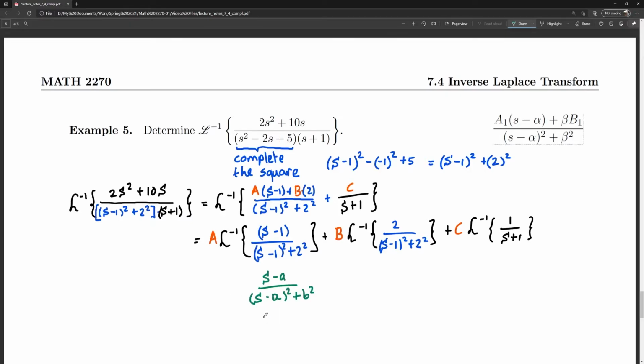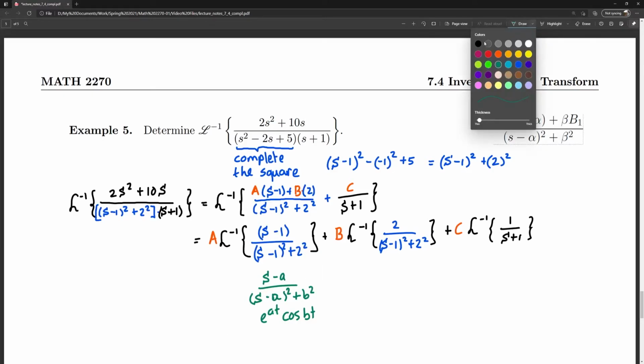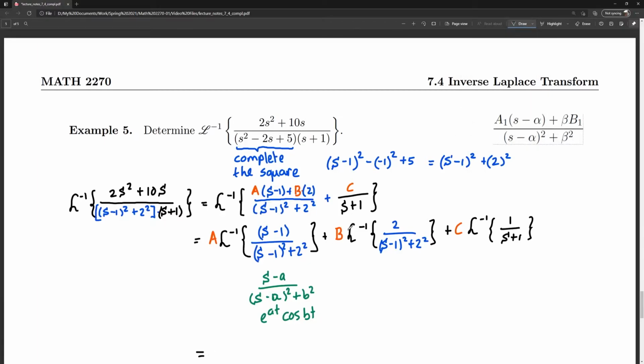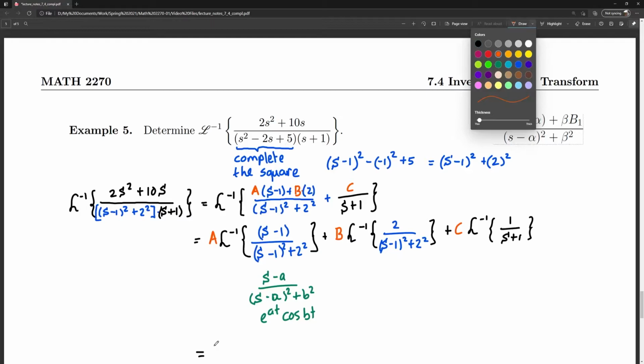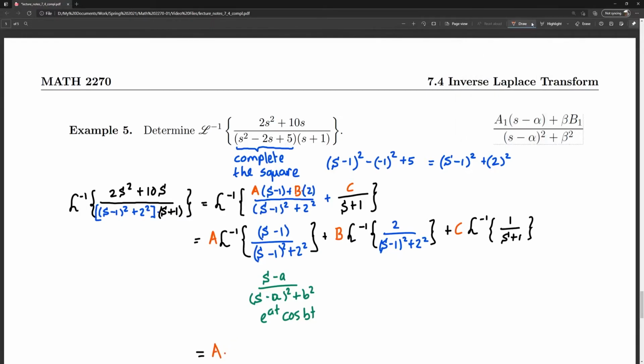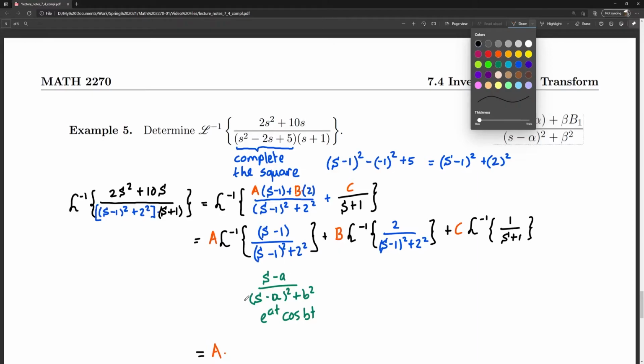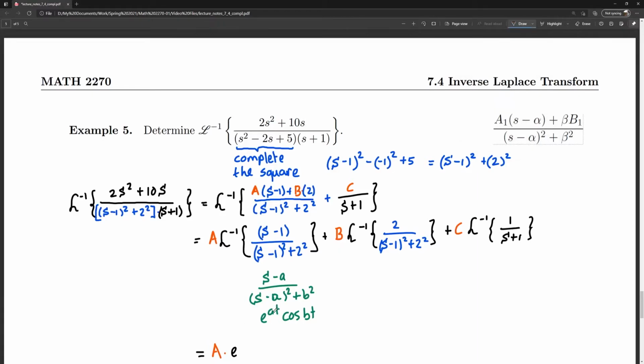And that is the Laplace transform of e to the power at cosine of bt. And so that first Laplace transform, we see that a is 1 and b is 2. So our inverse Laplace there becomes a times e to the power 1t, so that's e to the power t cosine 2t,